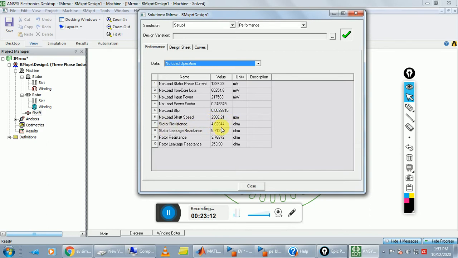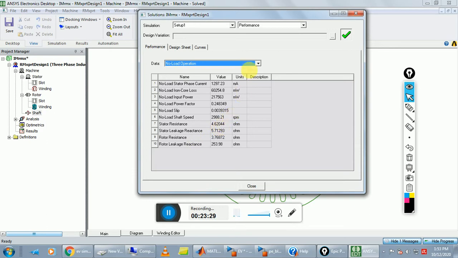Rotor resistance we get 2.62044 ohm, and we get the stator leakage reactance is 5.71293 ohm, and this is the rotor resistance and rotor leakage reactance.